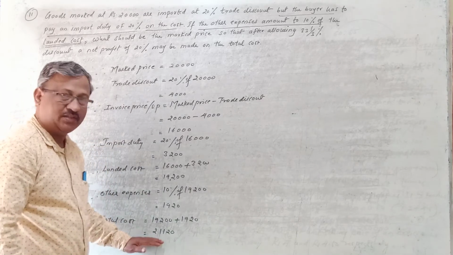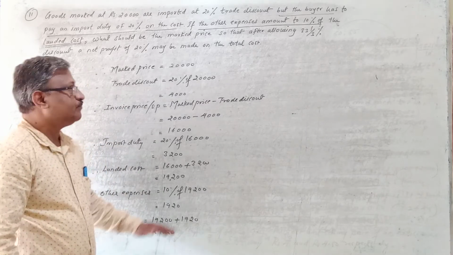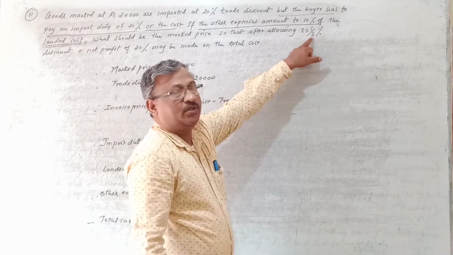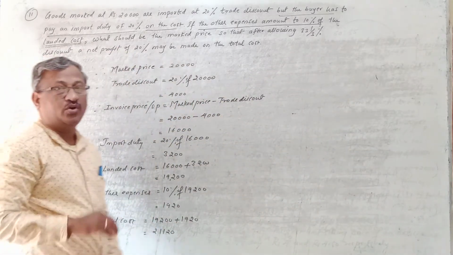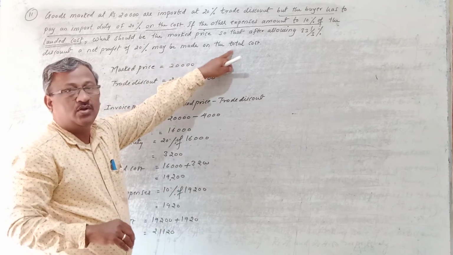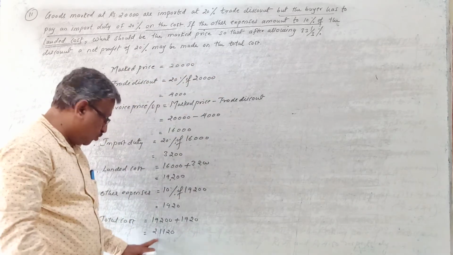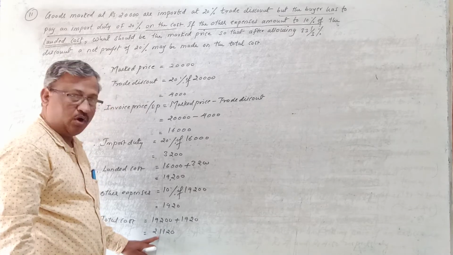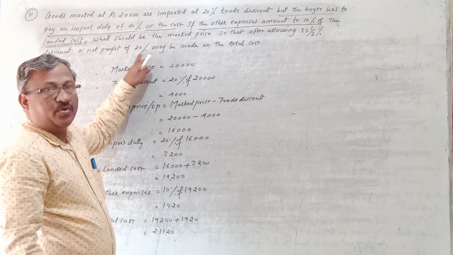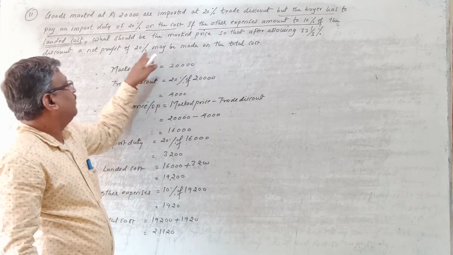Now you want to sell these goods. So how do you want to sell? After giving 33 and 1/3% discount on his mark price. So how much profit does he want? He wants 20% profit on which price? On the total cost. So we know the total cost. What is the total cost to him? 21,120. So on this total cost he wants 20% profit. So total cost is known, so we can easily find out his profit now, right?